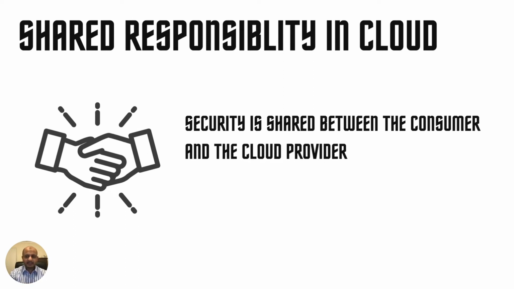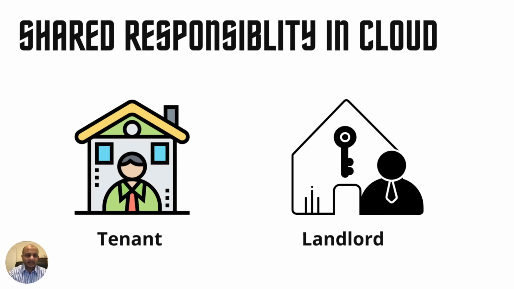The amount of responsibility that each party owns depends on the type of service and how you have implemented it. So there's a lot of difference from the cloud, right? When you implement stuff on-prem, you are entirely responsible for the security of your services. But when you use cloud, you delegate some of that security to your cloud provider, and some of that responsibility is theirs. The amount that you are responsible for and the amount the cloud provider is responsible for will vary depending on the service, and we're going to see that. But simply put, the simplest example I can give you for the shared responsibility model is a tenant and a landlord.